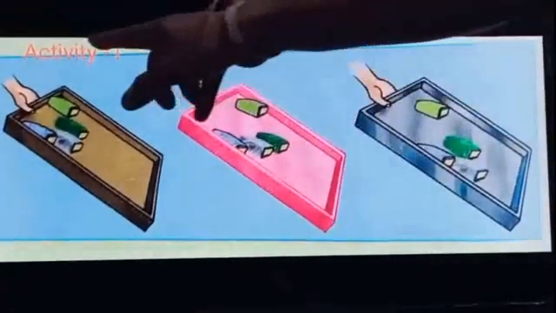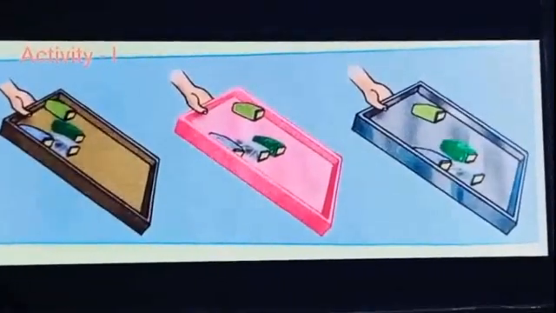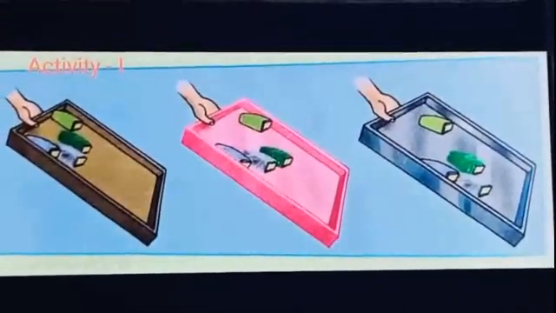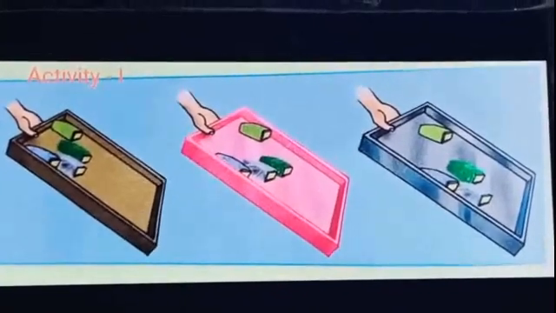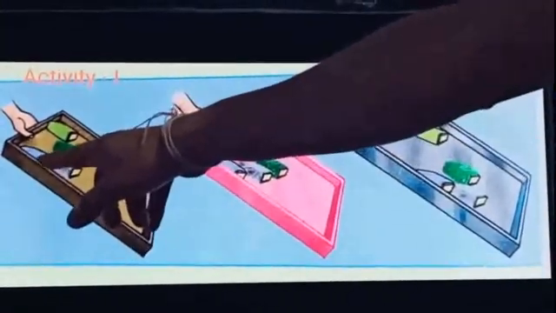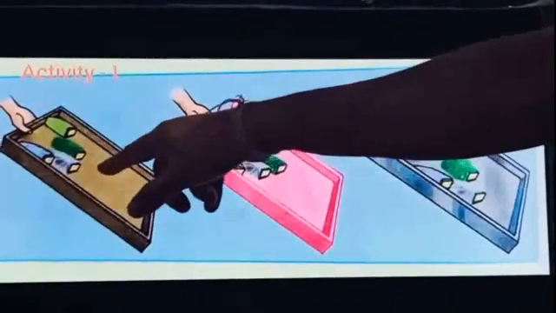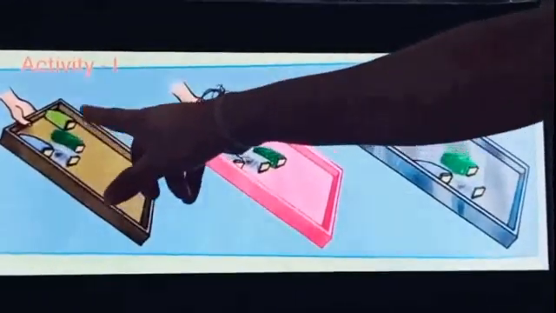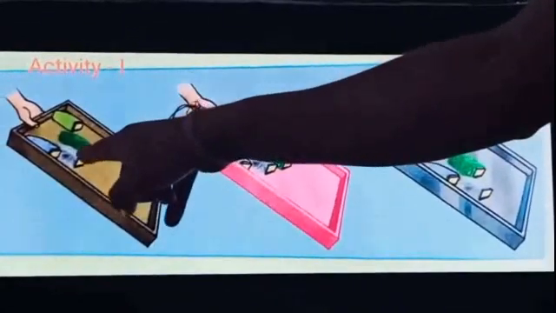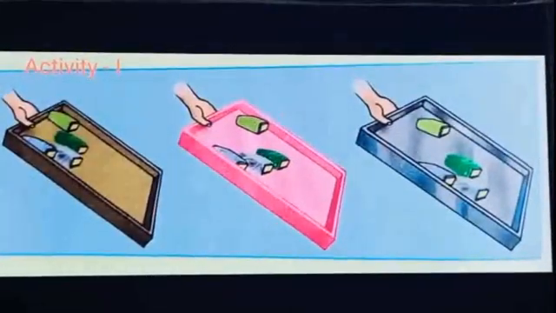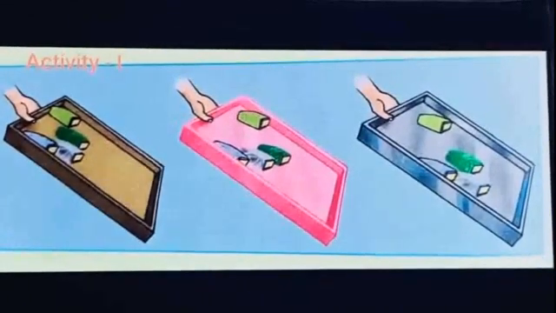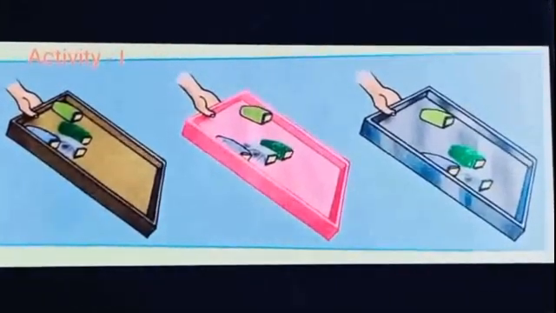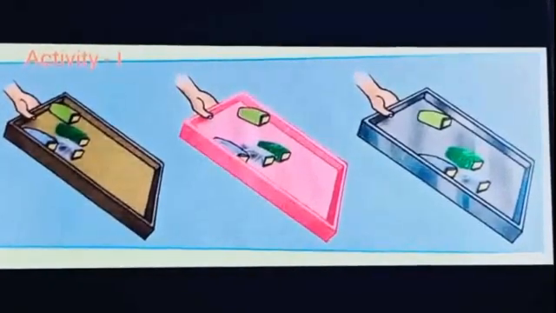Now we discuss activity number 1, which explores the relation between the force of friction and the nature of surface in contact. We take 4 matchboxes. One is covered with a plastic sheet, one with an aluminium sheet, the third with handmade paper, and the fourth with sandpaper. Now all of them are placed at one corner of the wooden tray in the same line. Now we lift and tilt that end of the wooden tray on which the matchboxes are placed.